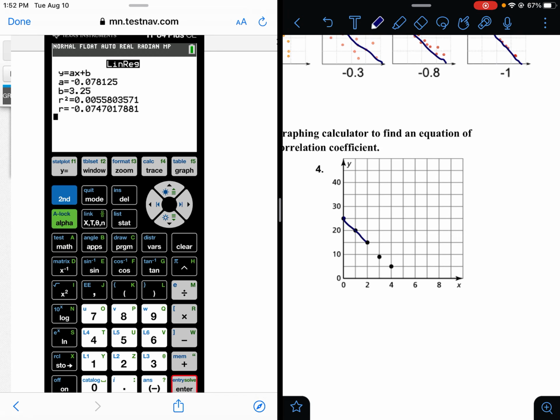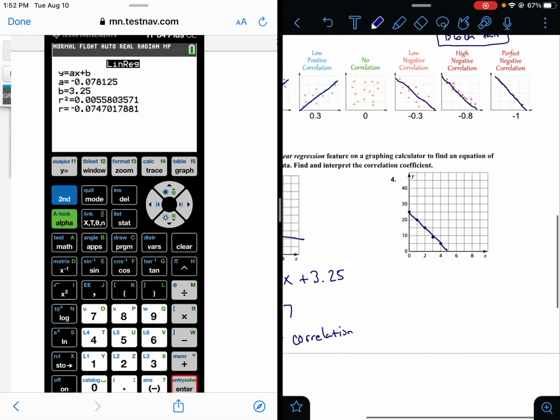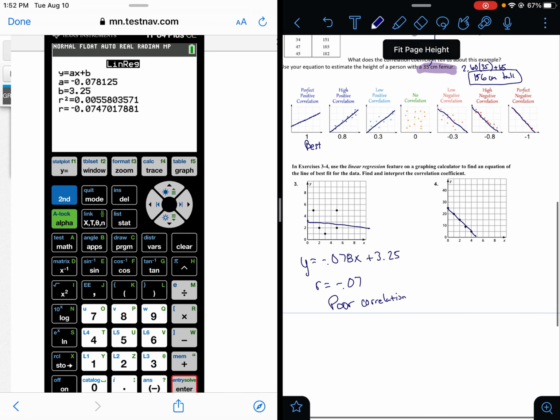And you could probably guess that this one right here is going to be pretty near perfect, if not perfect. And so you can use the same strategy there to find that one. But that is linear modeling there in a nutshell. So if you have